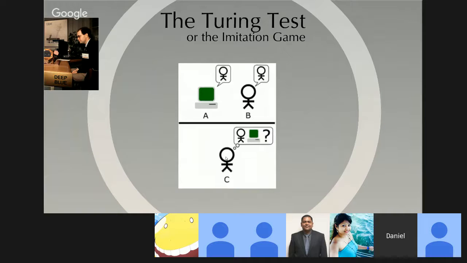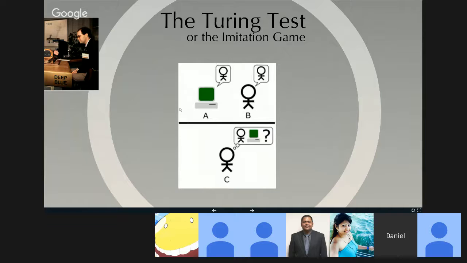And the idea is that the man and the woman would go in a different room, and they would write out their answers to questions. And so the people would ask questions, and then they would get these written out answers in response, and they would use these answers to try to judge who's the man and who's the woman. And the woman is trying to tell the truth, is trying to convince the judge that she's a woman, and the man's trying to lie, trying to convince the judge that he's a woman. And the question is, can you actually tell who's the man and who's the woman on the basis of just this conversation? So in the paper, Turing explains how the imitation game works, and then asks, well, what happens if we replace A in this game with a computer? And the idea is that, can the computer convince a human being that it's also a human?